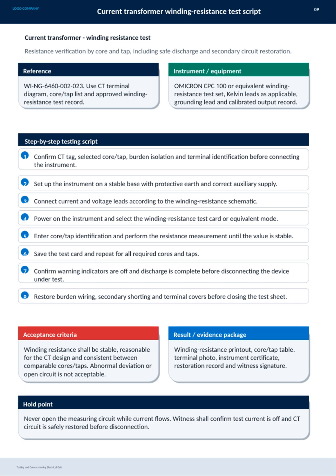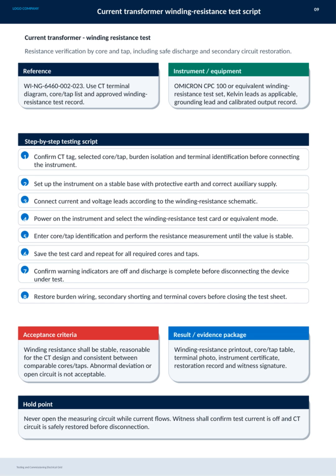Any abnormal deviation or open circuit is unacceptable. Also, never open the measuring circuit while current is flowing. A witness must confirm that testing currents are off and circuits are safely restored before disconnection. The result package should include the winding resistance printout, core/tap table, terminal photos, instrument certificate, restoration records, and witness signature